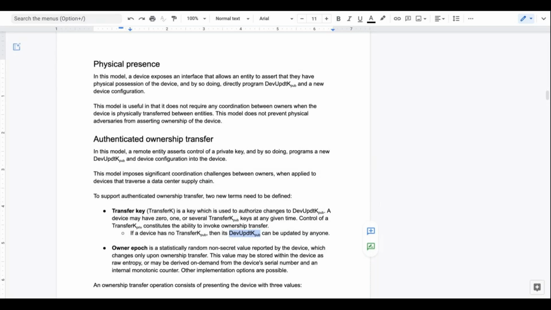It's my understanding that it provides insufficient security to allow anyone to assert physical presence and thereby take ownership of the device in certain scenarios. Right, but you don't have to do it with physical presence. You can say the current owner can put the device in that state, if it wants to.